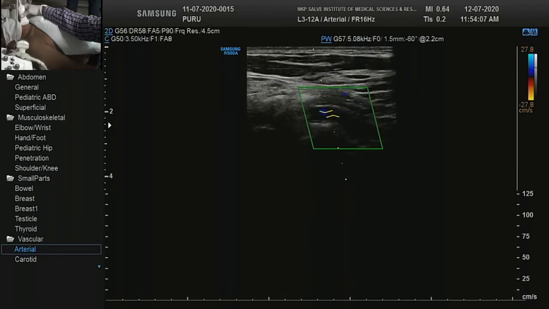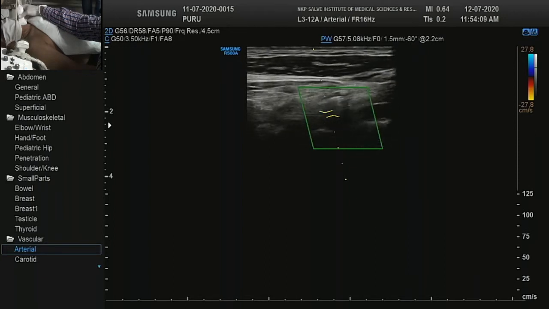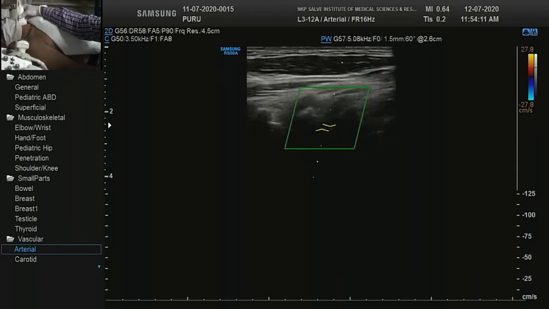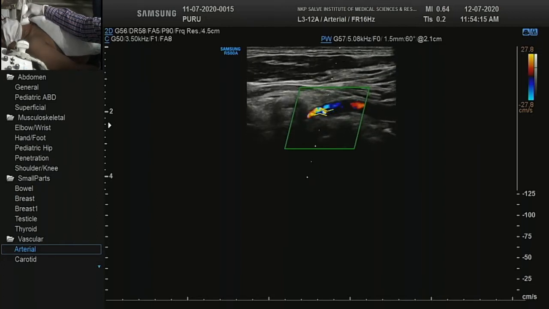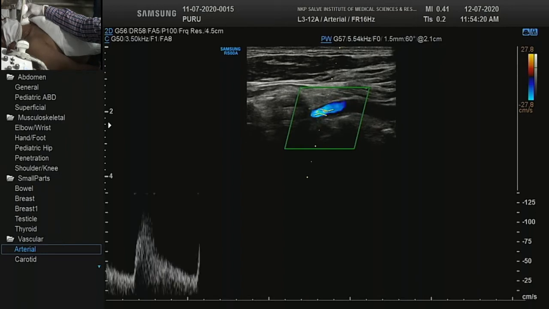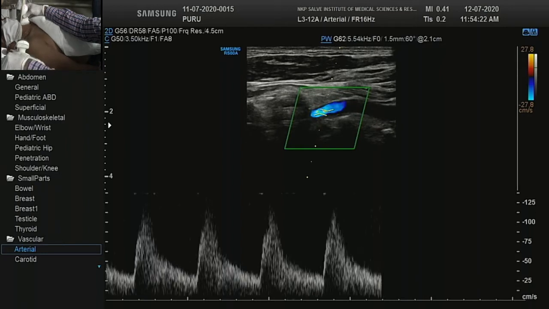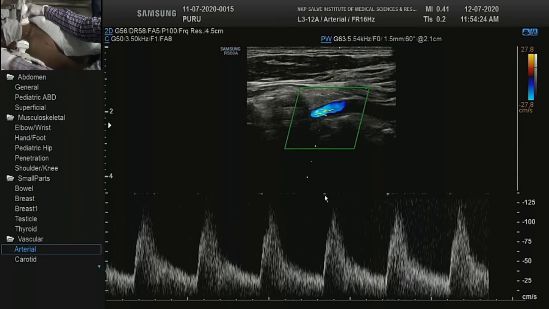I'll show it again. We invert here, try to see it better. We'll sample here. See this. The spectrum is very clean. There is no notching sort of thing. The notching you had seen in the common carotid, notching we see in the external carotid, is high resistance flow. So there is no notching.